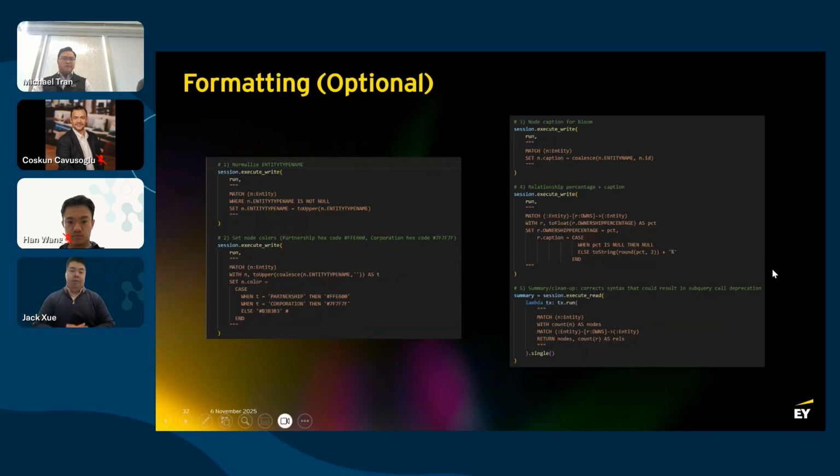Cool. So here, as part of the client solution, we also provided formatting. So for example, specific colors for the nodes, specific font size, things like that. We can do all that directly within the code itself. And then last piece, and this is the breaking silos phase. If we go to the next slide.